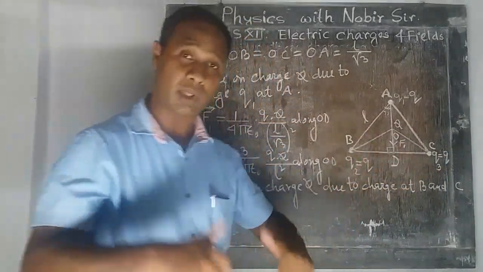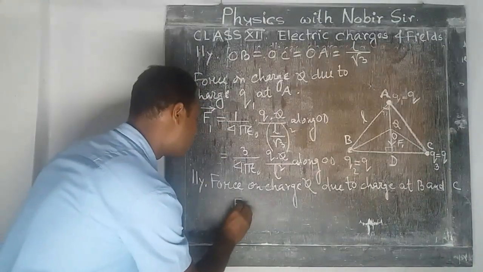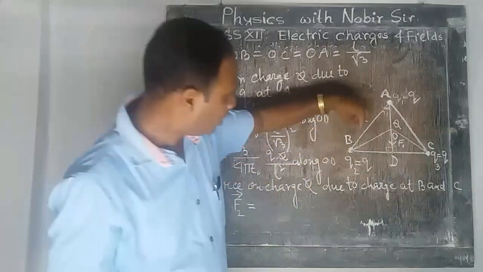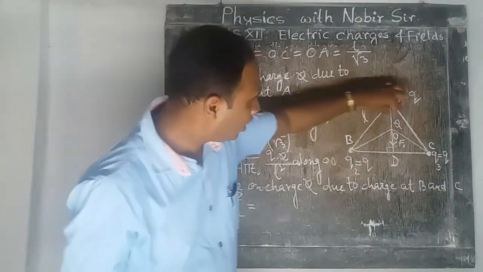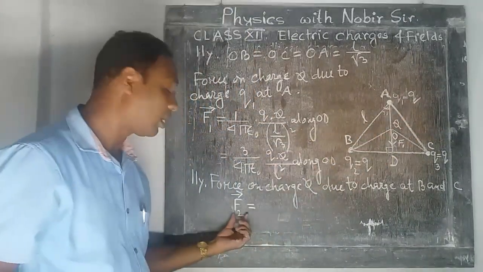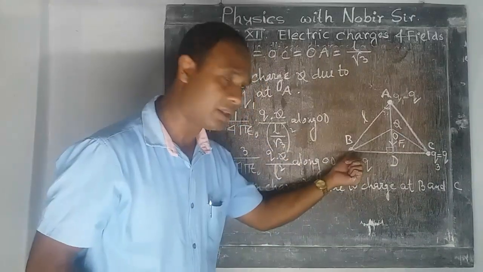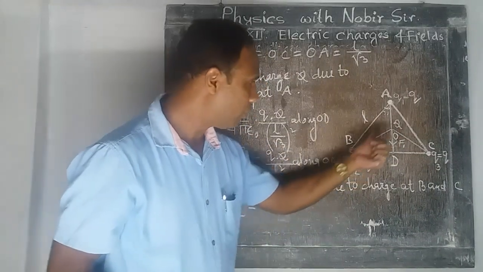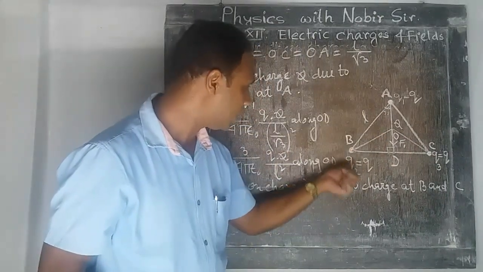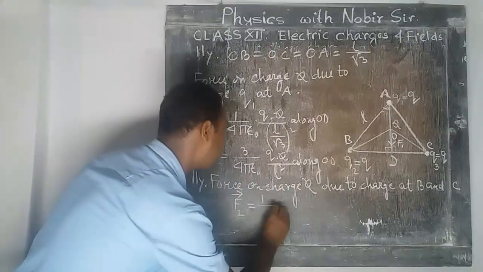Charger karone eto ami duta ekelege uliam, is given by, suppose F2. F2 mane kutu je B thoka charge to e capital Q charge er upor kiman force apply koribo hetu hoise F2, that is force on charge capital Q due to charge at B. Clear? Force on charge capital Q due to charge at B, that is F2 equal to, from the formula, 1 by 4 pi epsilon naught